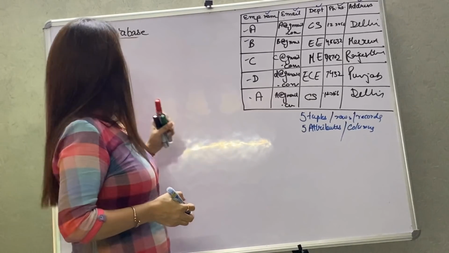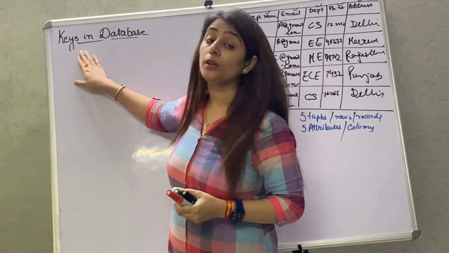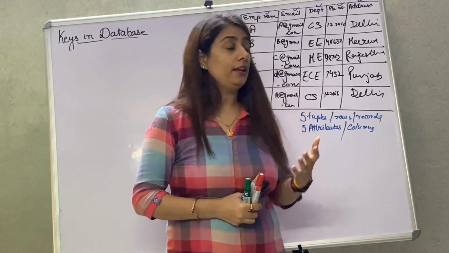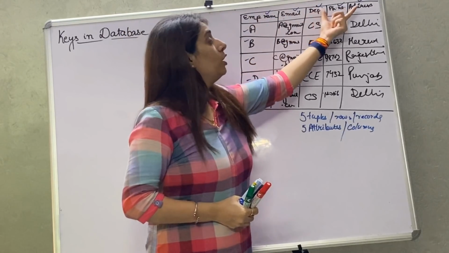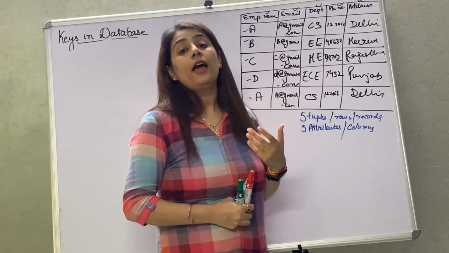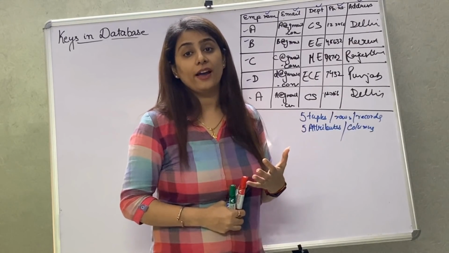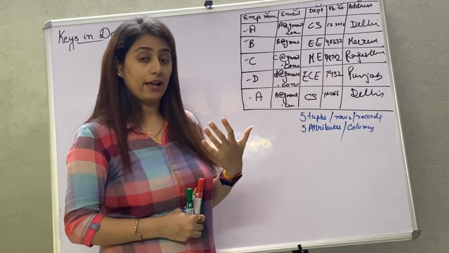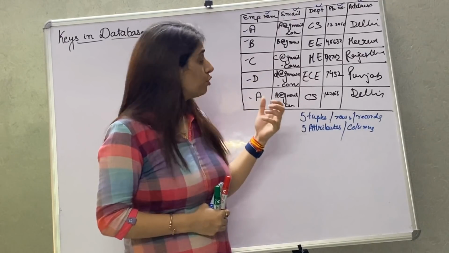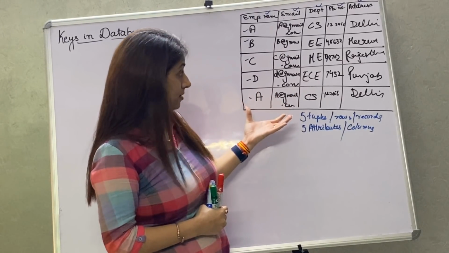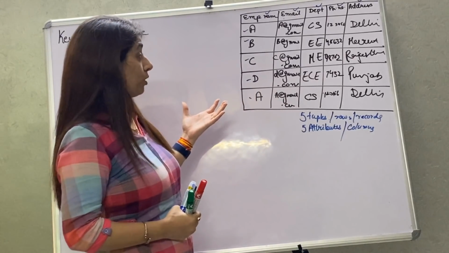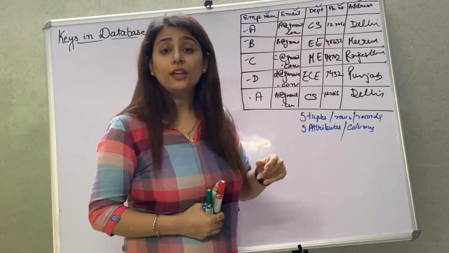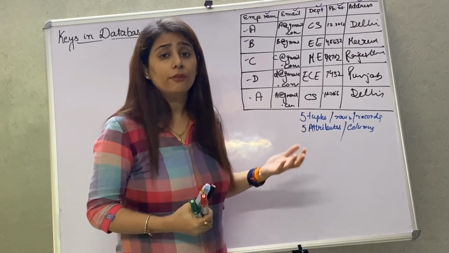Now I have created this. Now what is a key? Basically the term key. A key is a set of attributes or an attribute that helps us to uniquely identify a record in a relation or table. That means it helps us to uniquely identify the record. So if we look at this database, on which column we can have a key, how to do that we will see here.